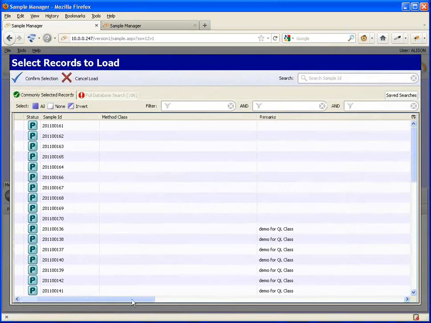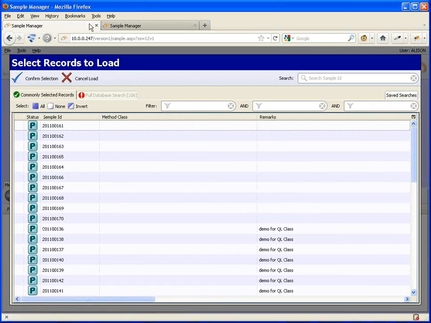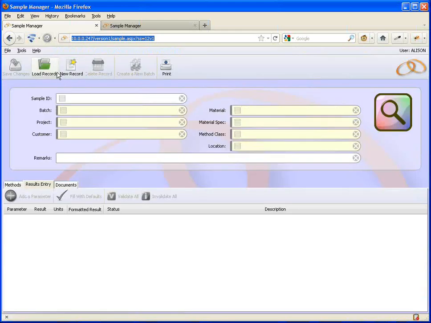So here it is again with my pending samples. At the top we have the URL, in other words the web address of this launcher, and it's got SS in the address for saved search and an internal ID. So if I highlight that and press Control-C on my keyboard to copy it,